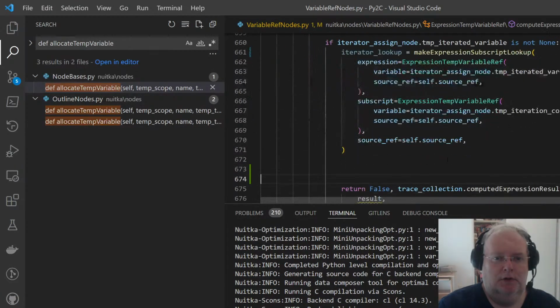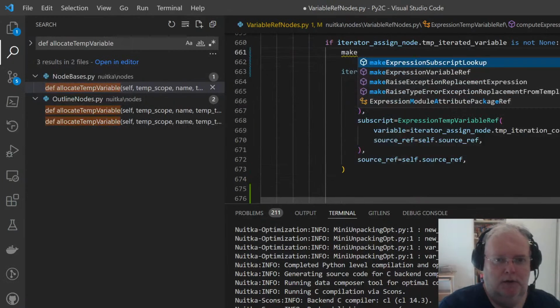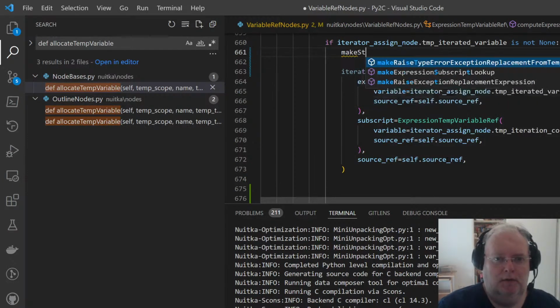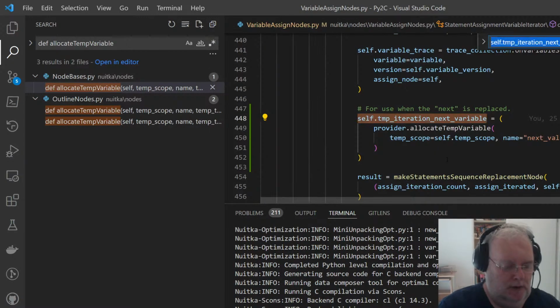So actually make statement, or make variables. What's it called here? Make assign.